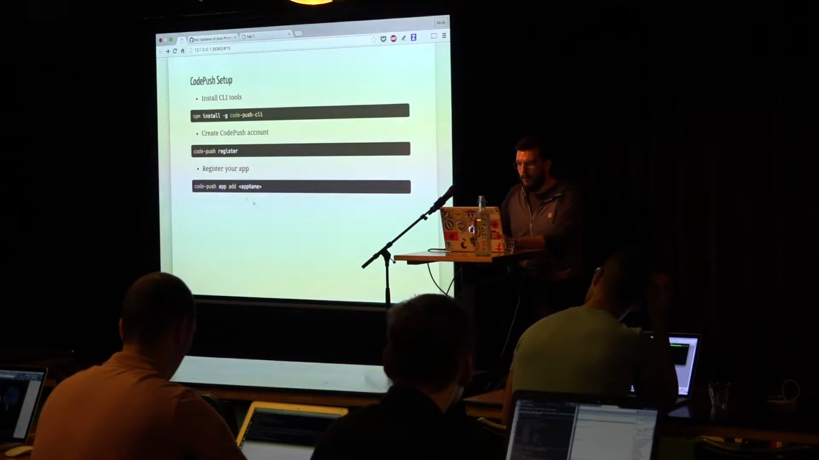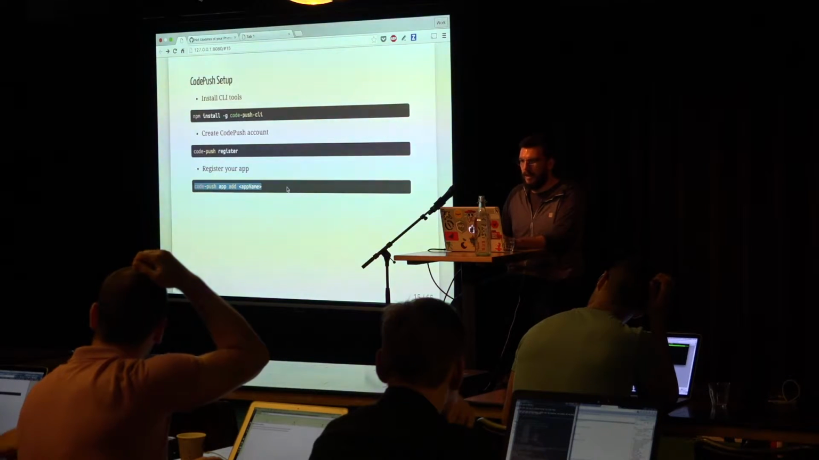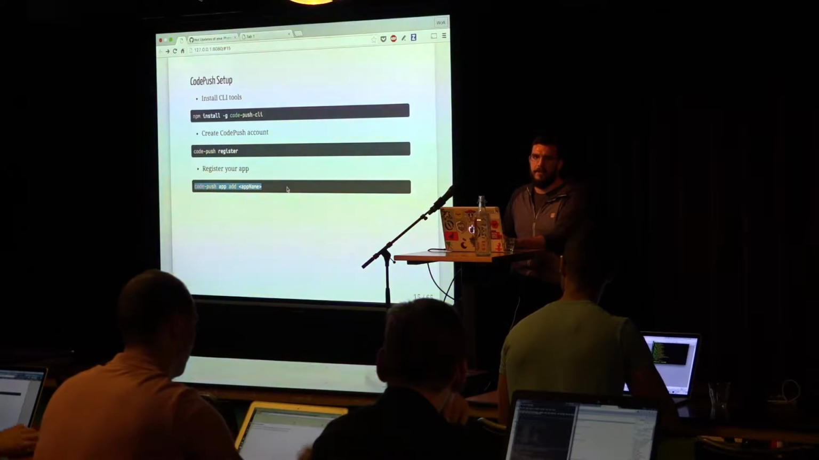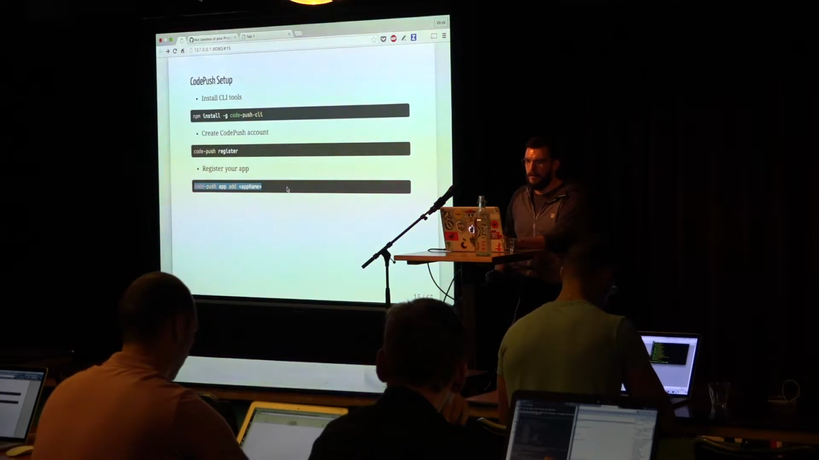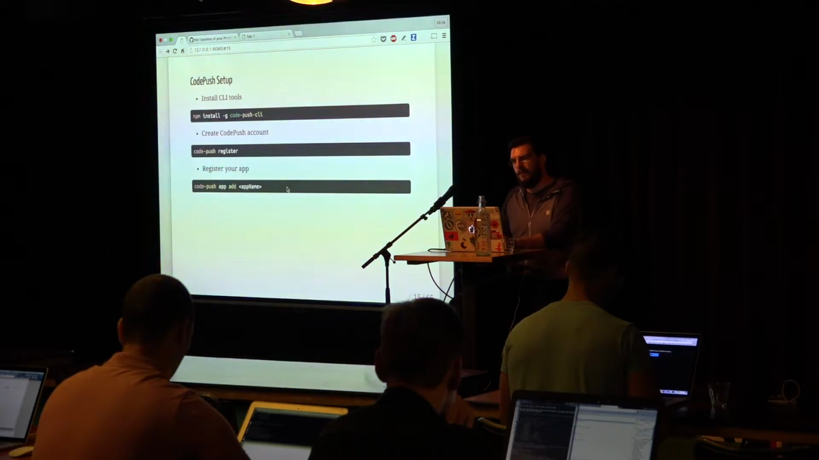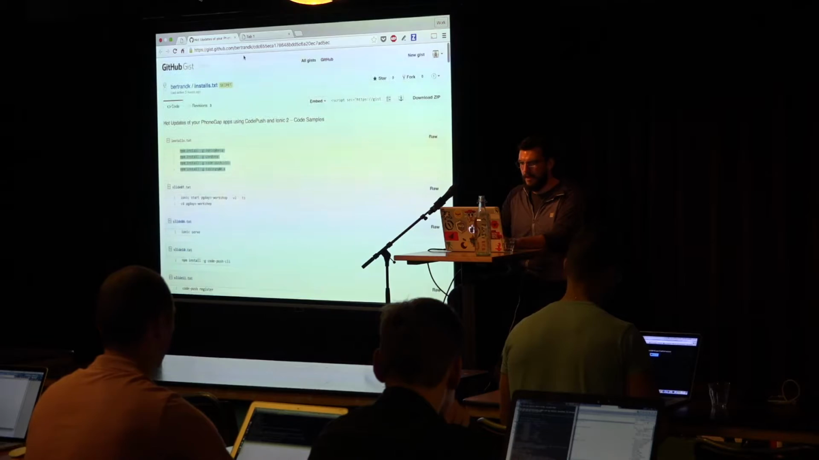And then once you have completed the registration process, the next step that you have to do is create an application for CodePush. So from the command prompt, code-push app add, and then give your application a name, and that will be tied into your account. For most of the examples, actually for all of the examples, if you're doing the